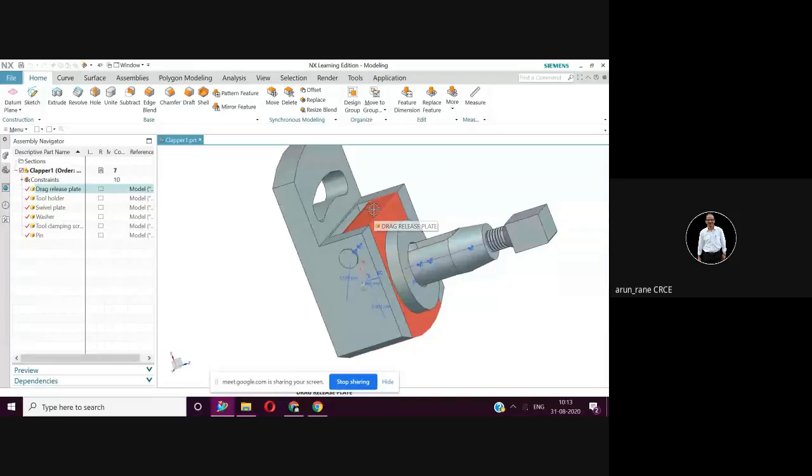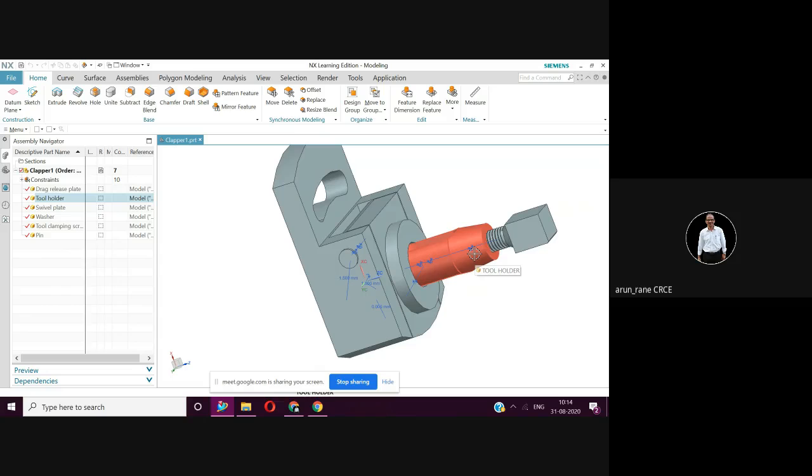This forms your reference body, and we will give the fixed constraint to this. That is, we are not going to move this object. In this drag release plate, we will be adding other components. So this is like a mother. Once we have this base component with the fixed constraint, we will be adding another component, that is the tool holder. That is step two.